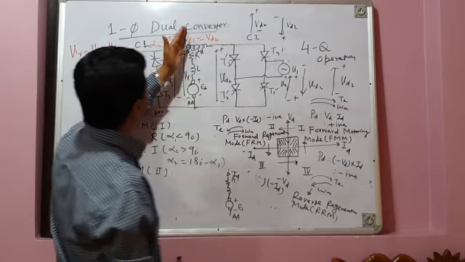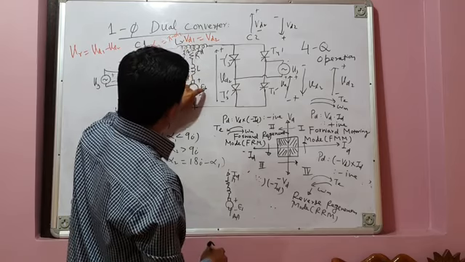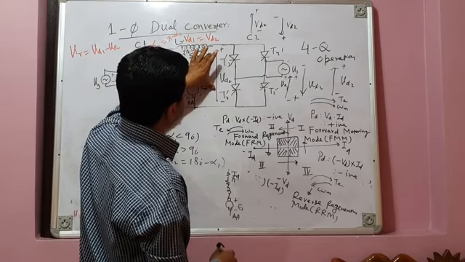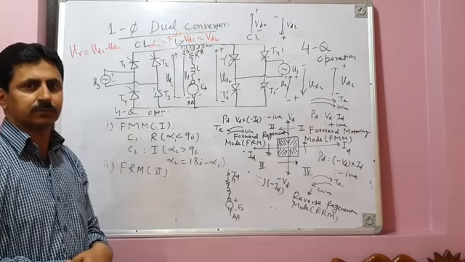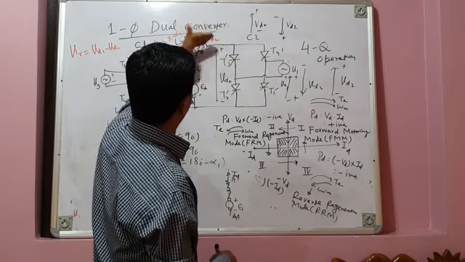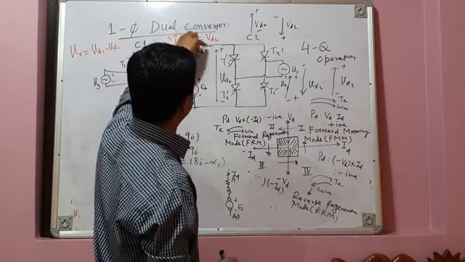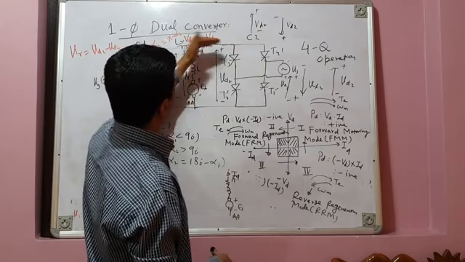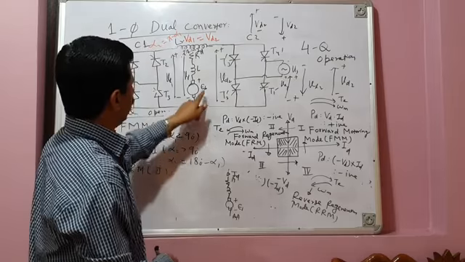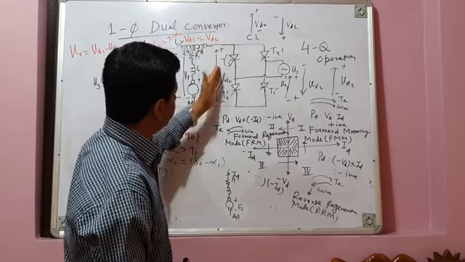Now, in order to make current flow in this direction, this EB of the motor should be greater than Vd2. Only then will current flow from this to this. If Vd2 is greater than EB, then current cannot flow, because current cannot flow from low potential to high potential. So EB of the machine is the same, you cannot change that. What you can do is reduce Vd2.